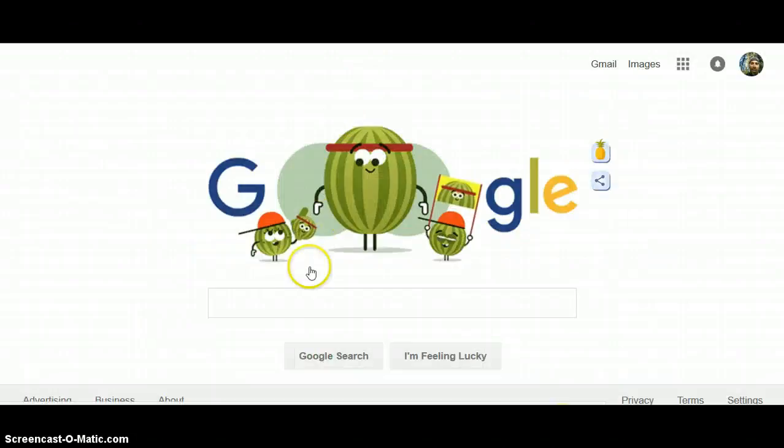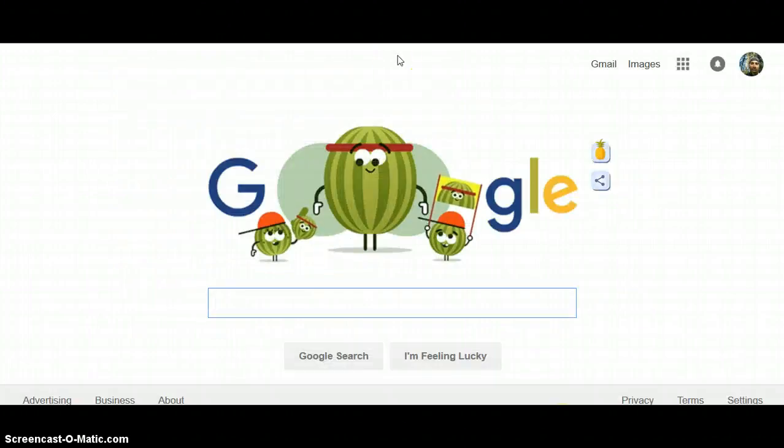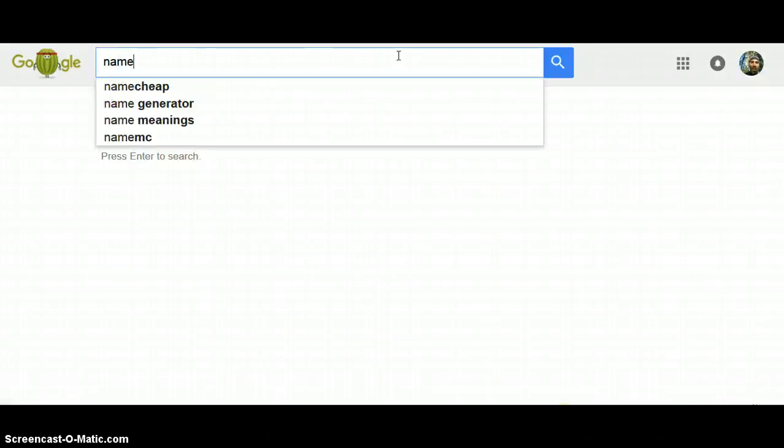Next is the other method, which is using just a direct subdomain. That's actually what I've done here. This isn't a tracking link. This is actually a subdomain of the main domain that I purchased, and I only bought it for 88 cents. And so you can go to Namecheap,